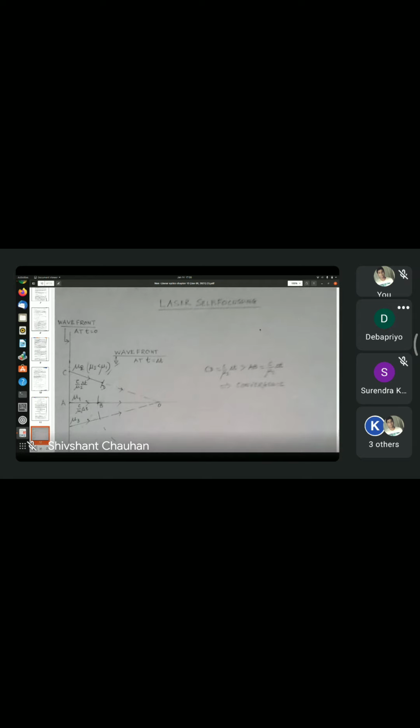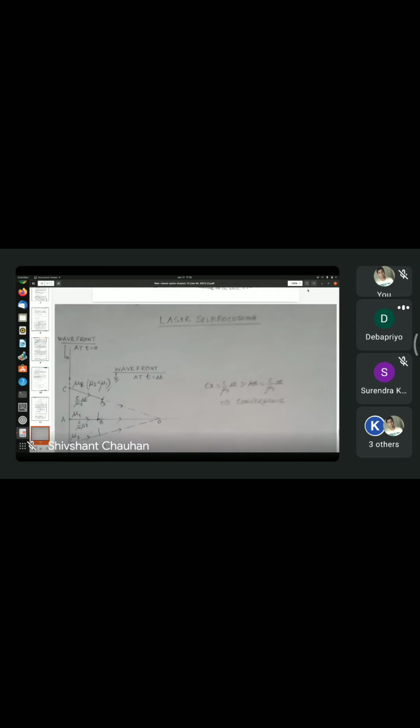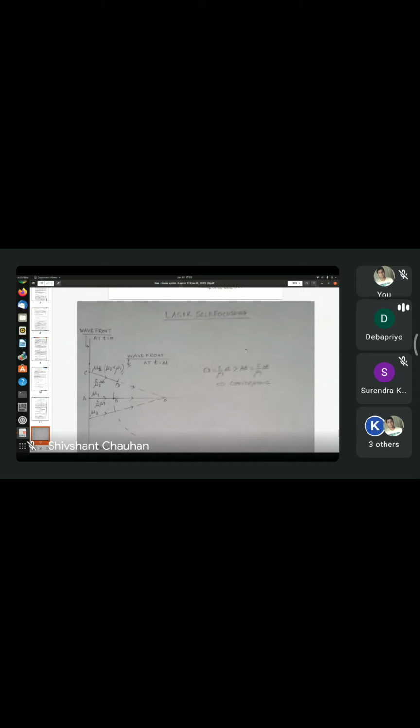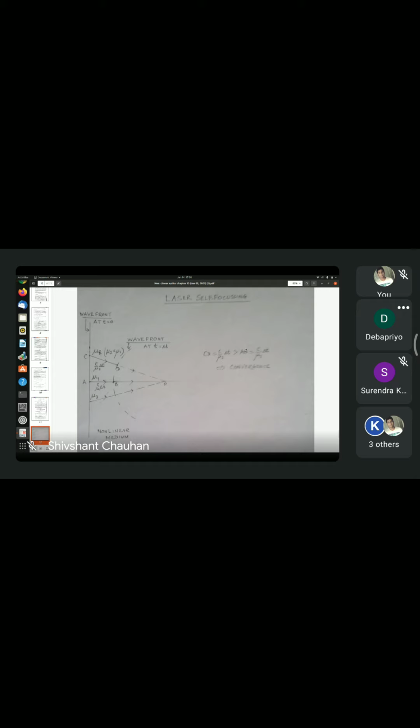Yeah, here it is. So at the left, I have drawn a vertical line. This represents the wavefront of the incident beam before it falls on the nonlinear medium, like say quartz or carbon disulfide, whatever. So it falls there. Remember that a medium will behave nonlinearly if chi 3 is non-zero.